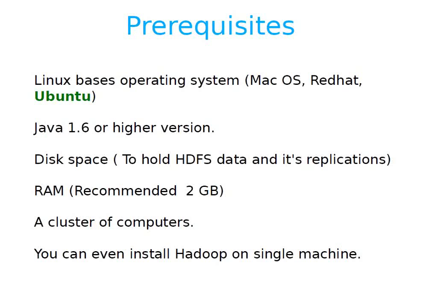It means that your Windows will not be affected, that will be intact, and along with Windows, Ubuntu will be installed. So ultimately, there will be two operating systems on your system. When you reboot your system, it will ask for operating system selection. Either you can go with Windows or you can go with Ubuntu. Depending upon the requirement, if you are doing your personal stuff, you can go with Windows. If you are doing practical things on Hadoop, you can go with Ubuntu. So that was the very first and most important requirement.